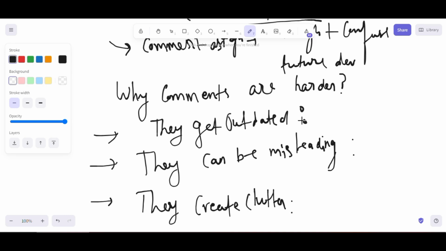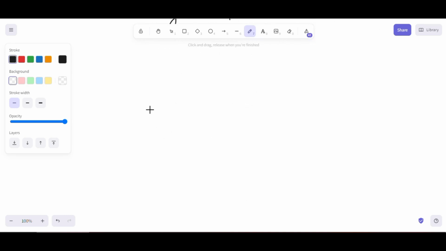Now let's try to understand, first, what it means that comments get outdated. If the code changes but the comments often don't, that leads to misleading information.